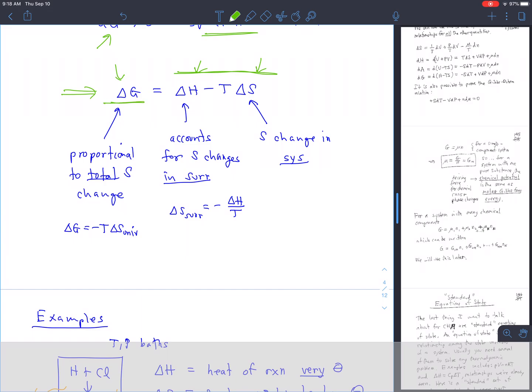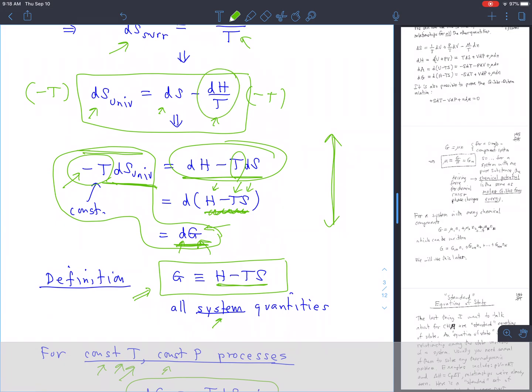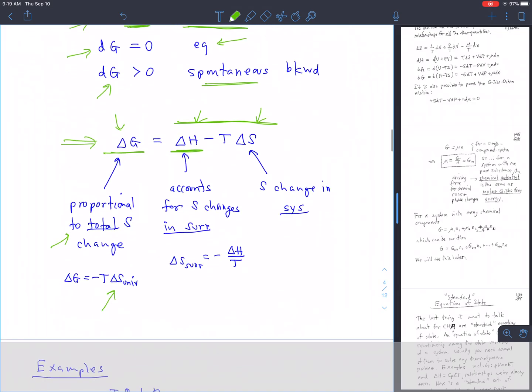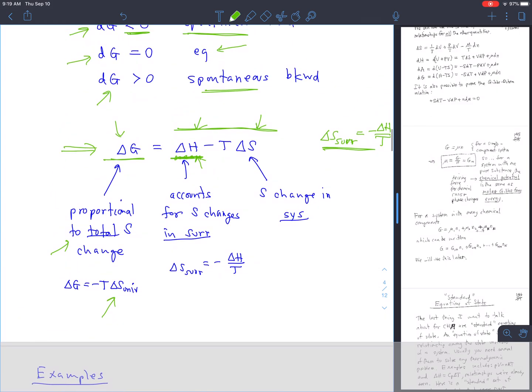Delta G is proportional to the total delta S change for the universe. Delta H, if we look at where that term came from, it came from keeping account of the entropy change for the surroundings. So delta H here is not the same thing as the entropy change in the surroundings. The entropy change in the surroundings would be equal to minus delta H over T, but delta H is accounting for the effects of entropy changes in the surroundings. The T is the common temperature for both system and surroundings, and then delta S is specifically the entropy change